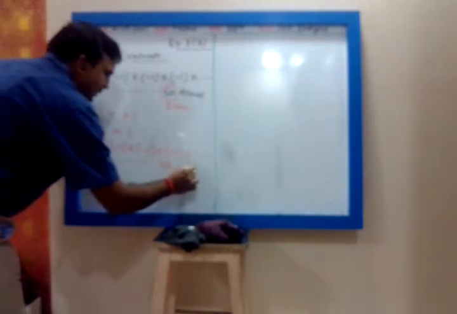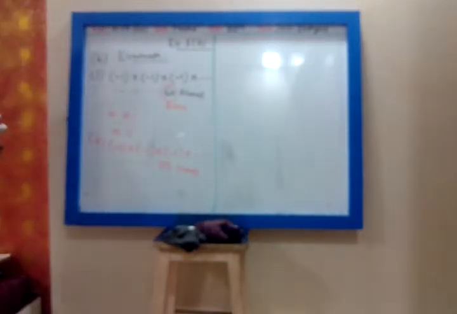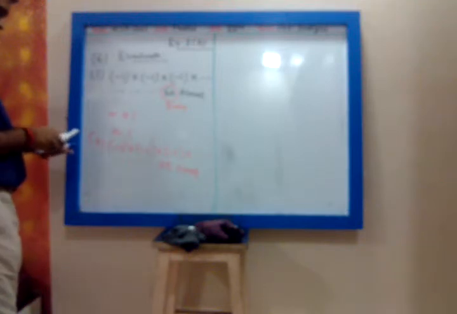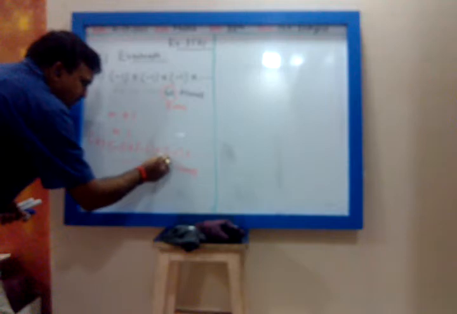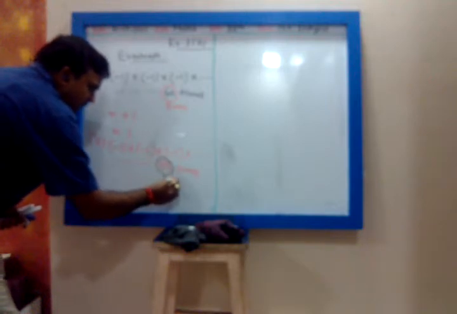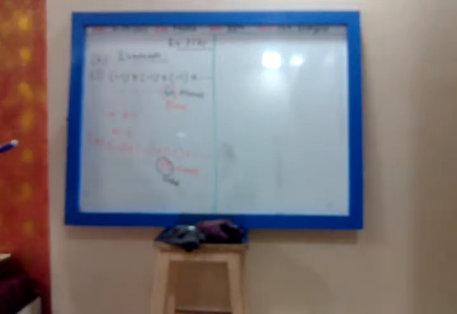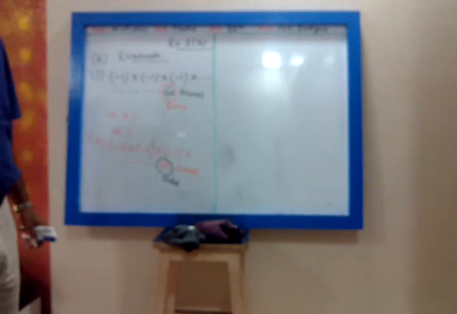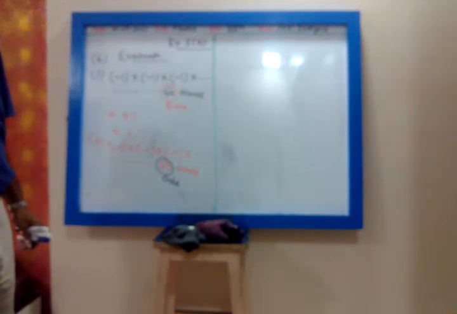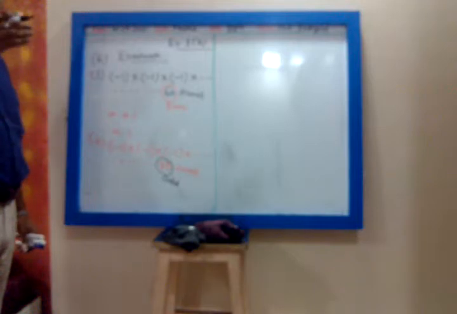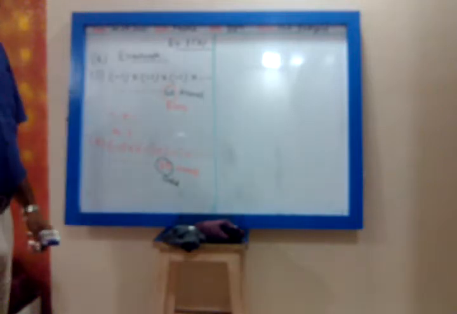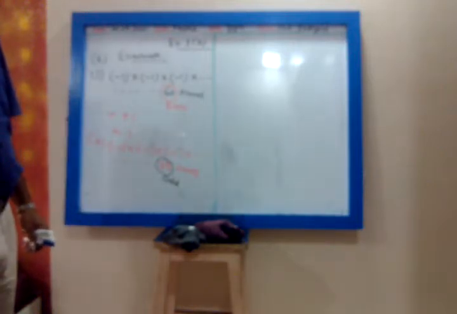So you have to check whether minus 1 is multiplied odd number of times or even number of times. This 75 is an odd number because it does not come in the table of 2. Even number means those numbers which come in the table of 2, or are divisible by 2. Odd number means those numbers which do not come in the table of 2, or are not divisible by 2. So 75 is an odd number.